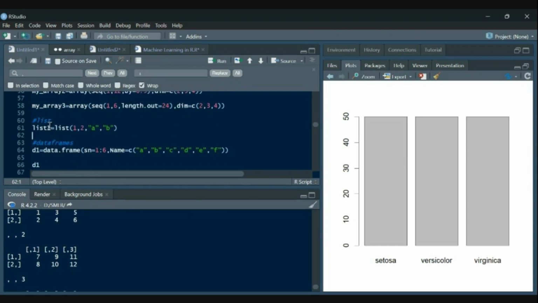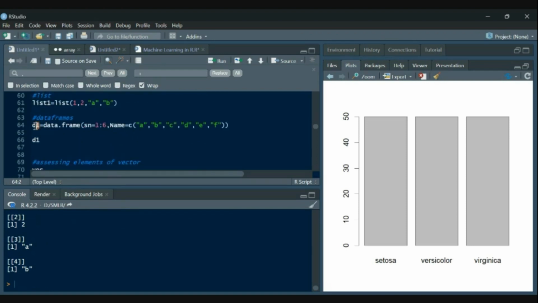We introduced list as storing variables having different data types. So here 1 and 2 are numeric data type and A and B are character ones. So list simply keeps their nature or their mode intact.